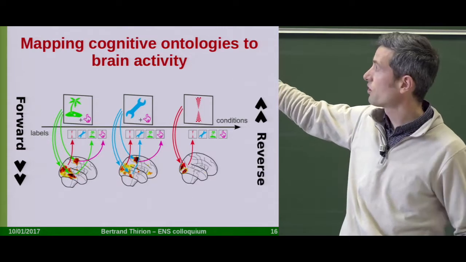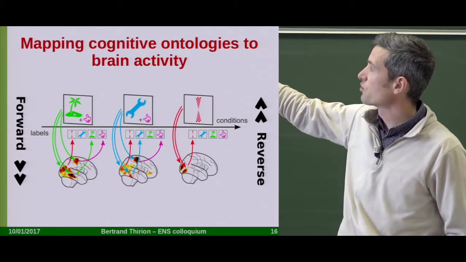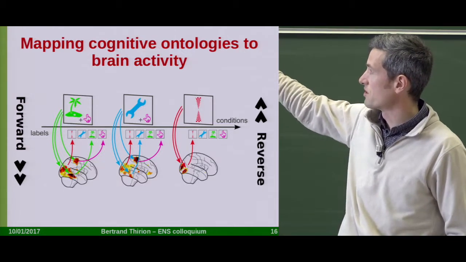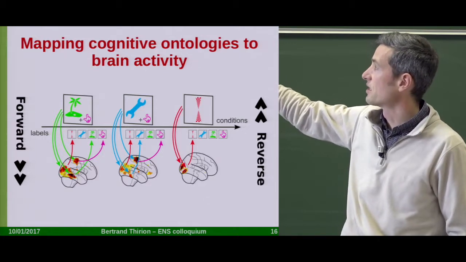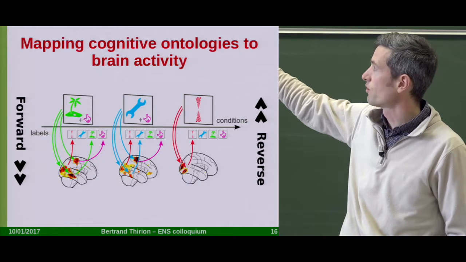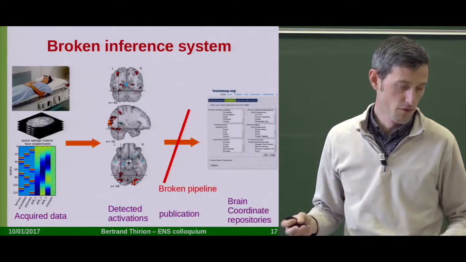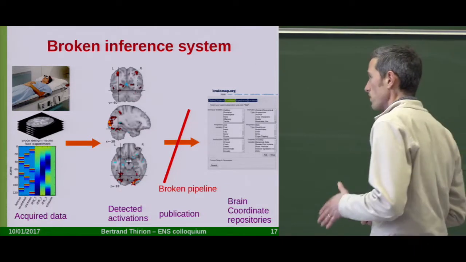To answer this question, we need to go the other way, the way up, where we try to predict which stimulus was presented given the activity. So can we predict whether the subject was attending to a checkerboard, a tool, a place, or moving the hand, for instance? Once again,